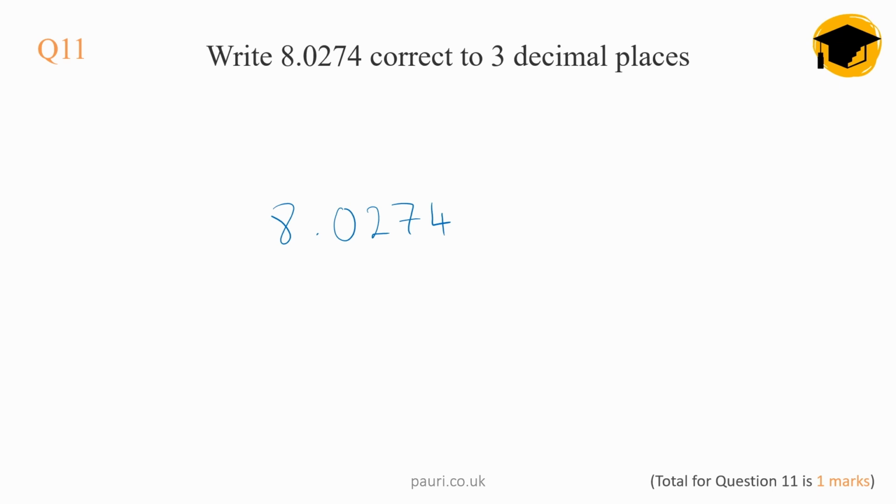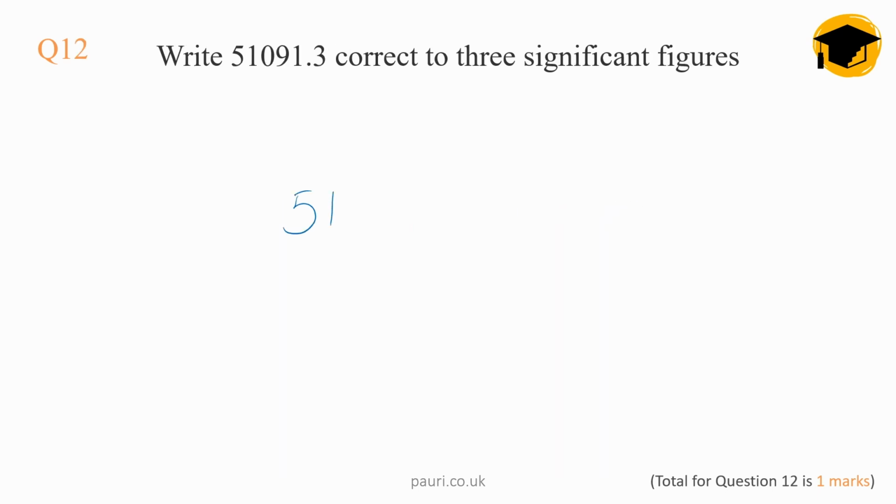8.0274, correct to 3 decimal places. So 1, 2, 3. Is the next one 5 or above? No, it's not. So 8.027 is my answer. The next question is